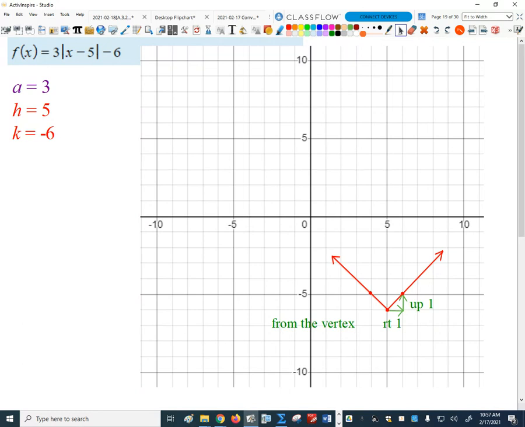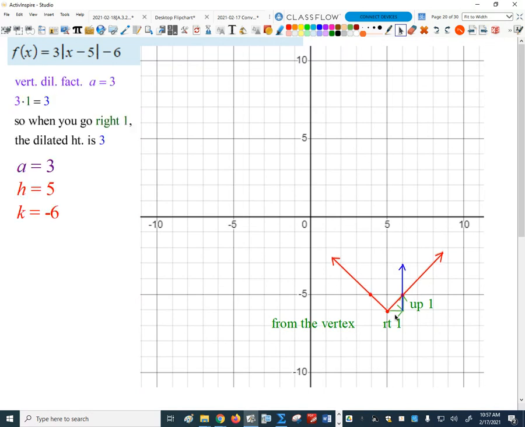Okay, I'm stretching by 3. Good. Very good. So I'm going to go 1 to the right, and I'm going to go up by 3